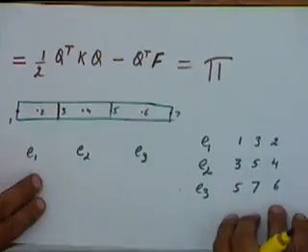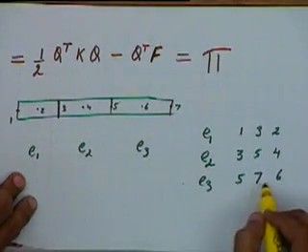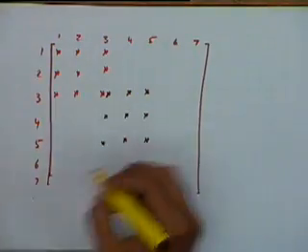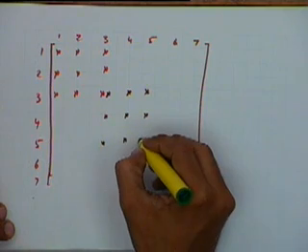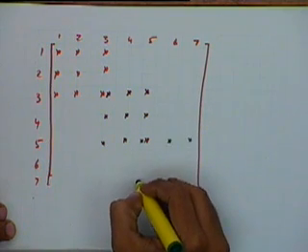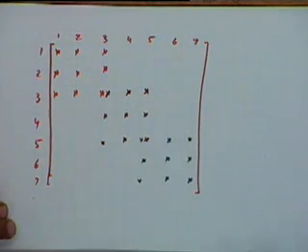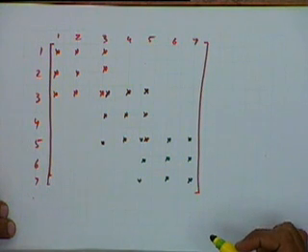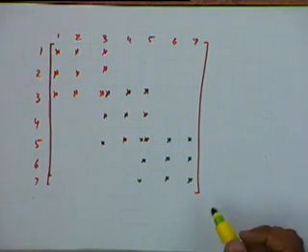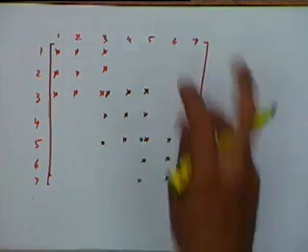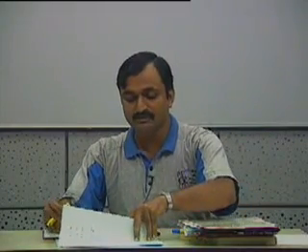And third is 5, 7 and 6, so it will take 5, 7 and 6, and so on. The properties of the stiffness matrix are still retained. That means earlier we had said that a stiffness matrix for the two noded element was a symmetric matrix. This matrix is also symmetric.